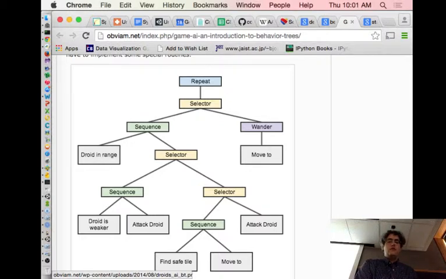So over here, if you're going to succeed, you need to find a droid in range, and you either attack the droid or run away from it. That's the kind of logic that's being specified here. If there's a droid in the range, well, then you try to go attack it. If the droid's weaker, you actually do attack it. Oh, well, if the droid is not weaker, this part fails, but it's a selector, so it's an OR. I can go over to the right